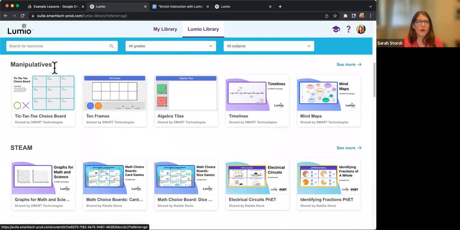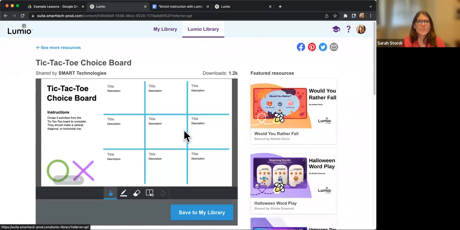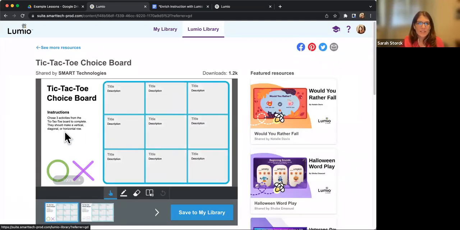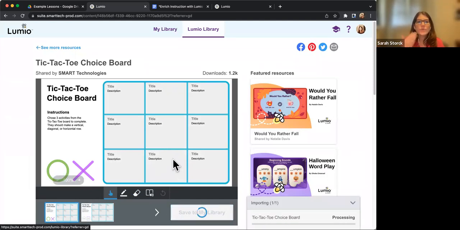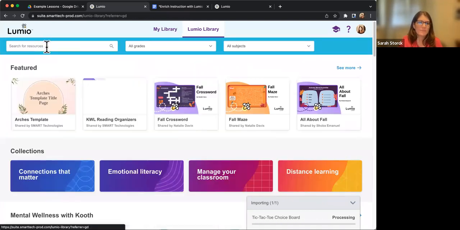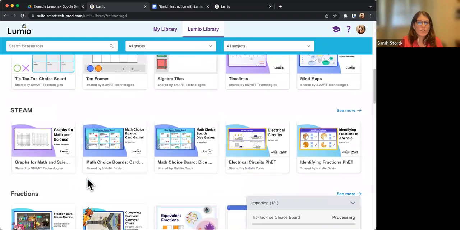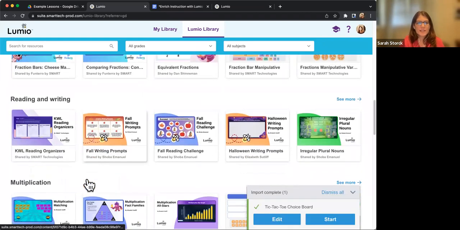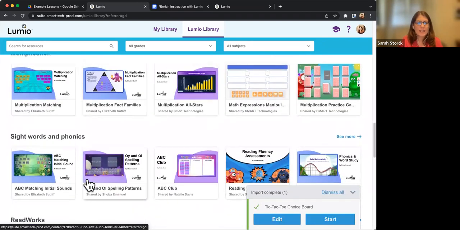Maybe you're looking for a manipulative. Right here where it says this tic-tac-toe choice board, this is actually the page that I used with us when we did the whole class board, and I edited a little bit. So I might just click save to my library so I can use this tic-tac-toe choice board manipulative in another lesson. So once you kind of scroll through here, you'll see STEAM lessons, fractions, reading, writing,